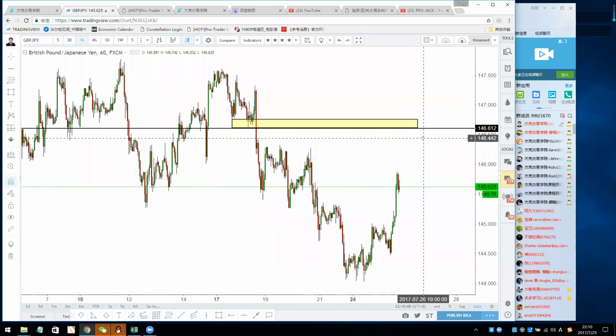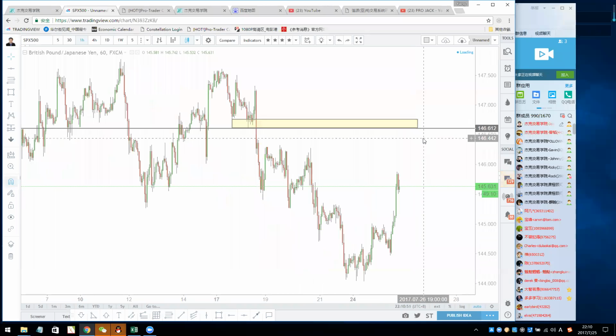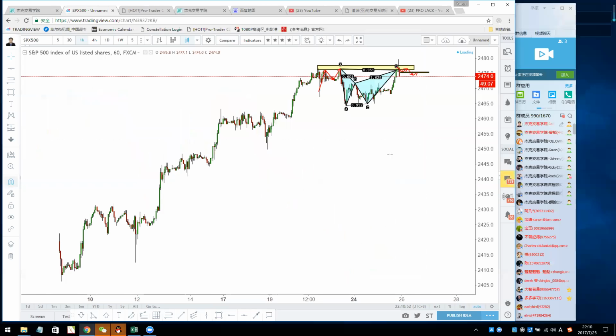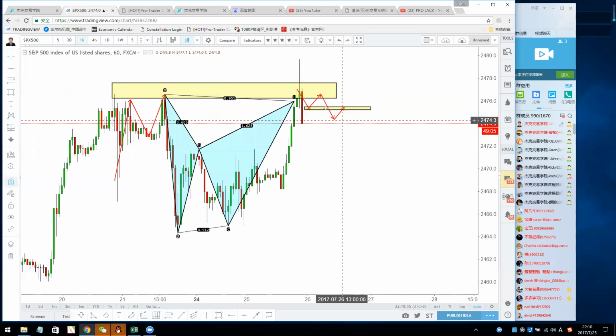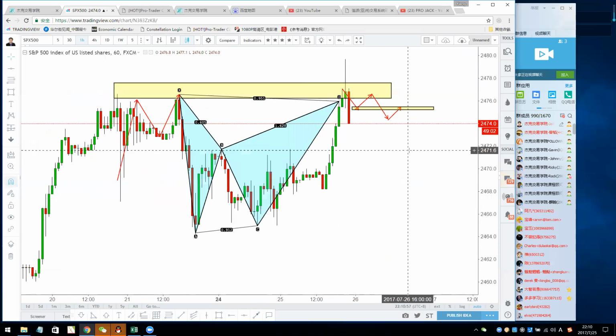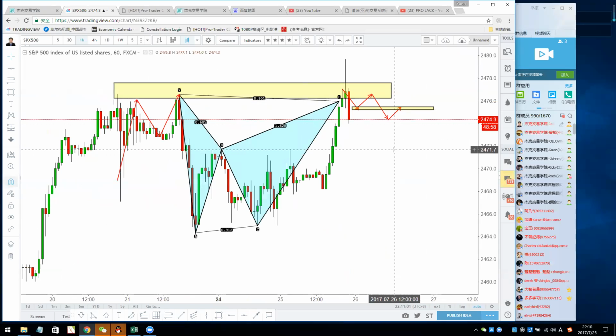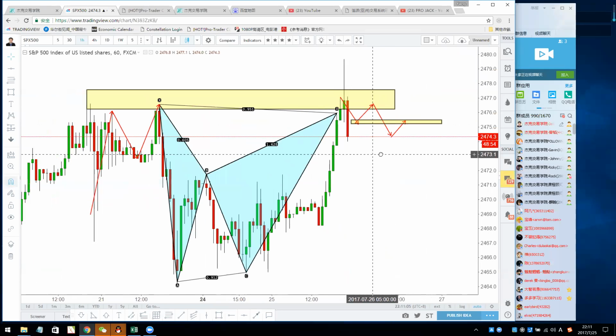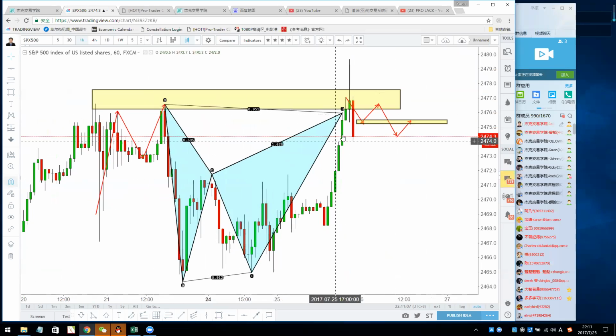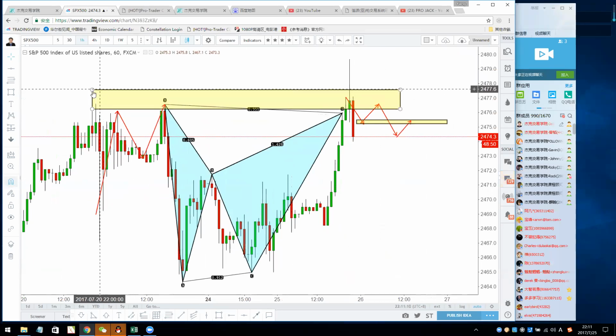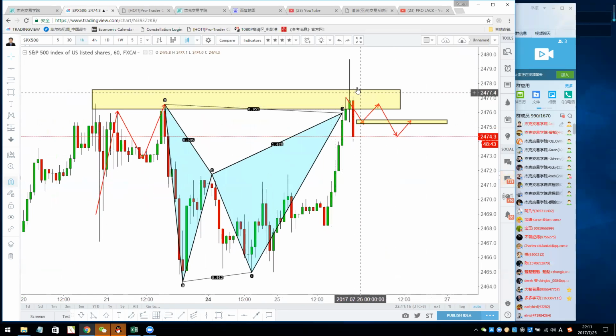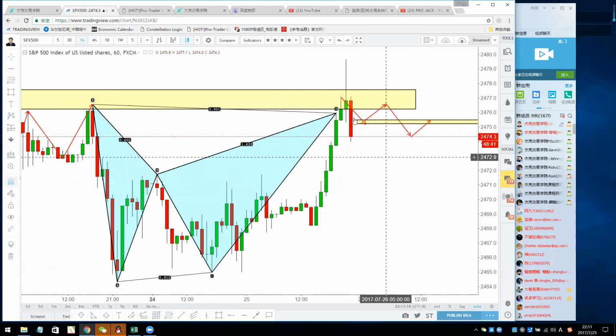Okay, all right, let's move on to the SPX 500. Okay, let's do a very straightforward trade. Okay, short right now. So simple. Okay, because I mentioned that the Gartley pattern completed, and it may test the previous high, and we want to see a potential big price action for reversal. And right now, here is a reversal.